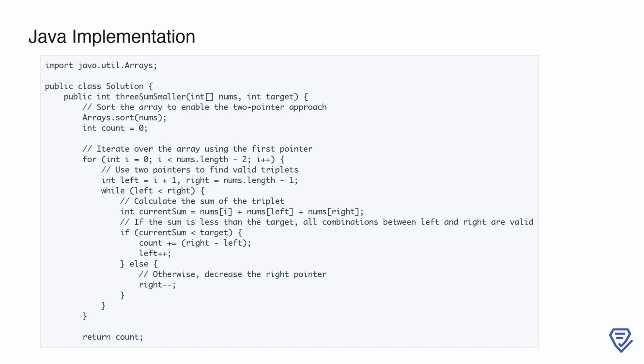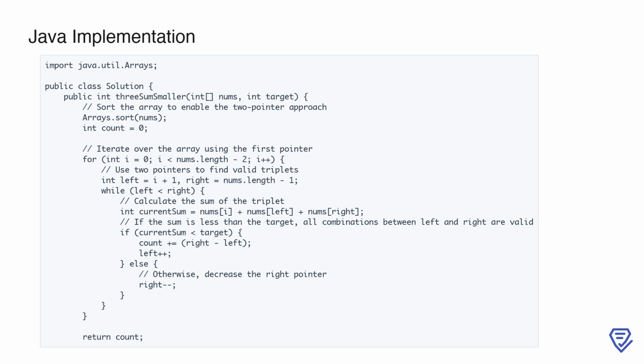Here, we start by importing the necessary library, Arrays, which we'll use to sort the input array. In the threeSumSmaller method, the array is sorted first to take advantage of the two-pointer approach, a common technique in problems like this. Then, we initialize a variable count to keep track of the number of valid triplets that satisfy the condition. Next, we iterate through the array using a for loop, where the variable i represents the first element